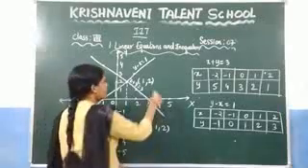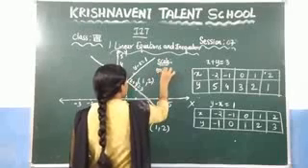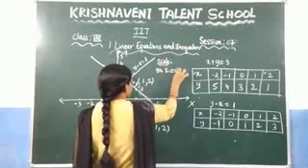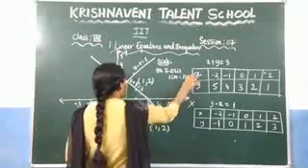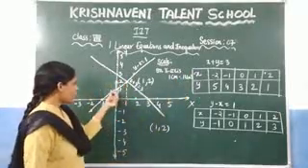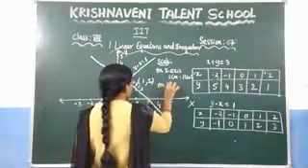For this you need to write the scale. So how to write the scale here? On x-axis, 1 centimeter is equal to 1 unit, because here we have to clear the 1 and here also 1. So on y-axis 1 centimeter is equal to 1 unit.